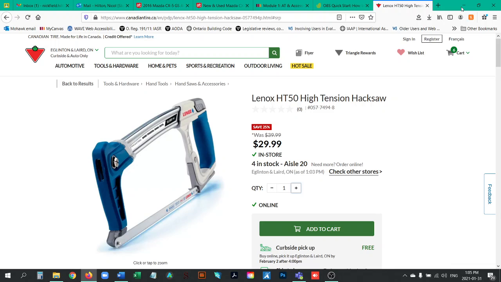Let's see if I can plus it. I can add 2 by entering the plus button, but highlighting the add to cart button is not adding it to my cart. So I would say that's overall not accessible if I can't actually make a purchase using only keyboard navigation.